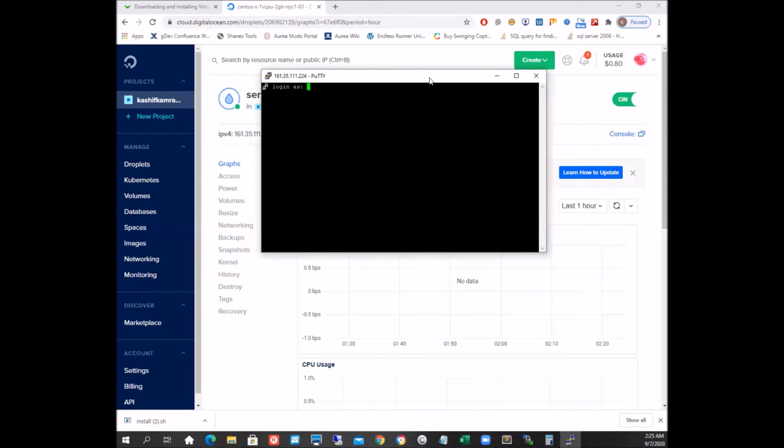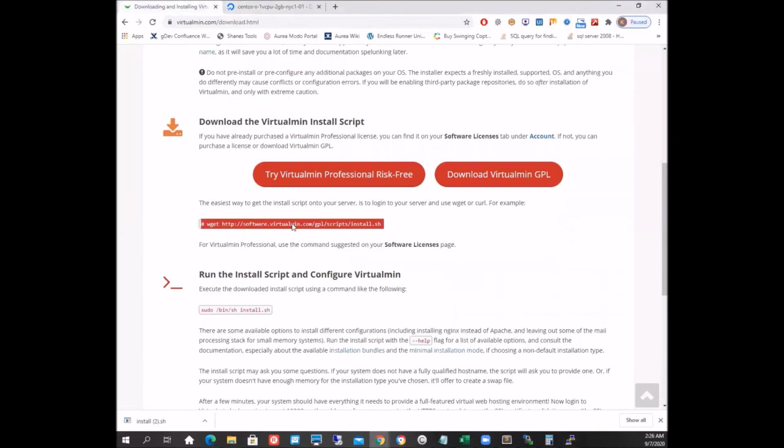We are going to log in as root, and we're going to enter the password. There we go. We're ready. So we're going to move to the temp directory. So we are in the temp directory now, and I'm going to copy this command from the Virtualmin website